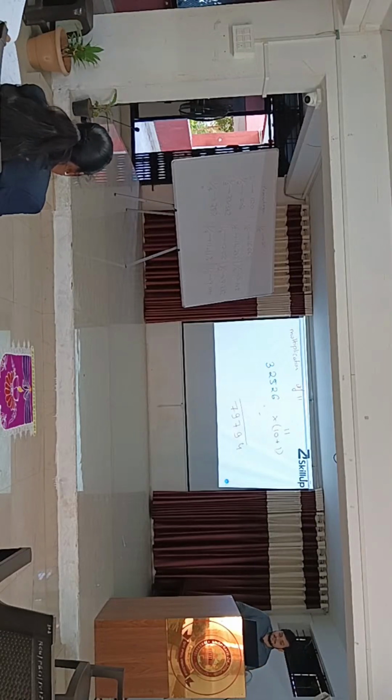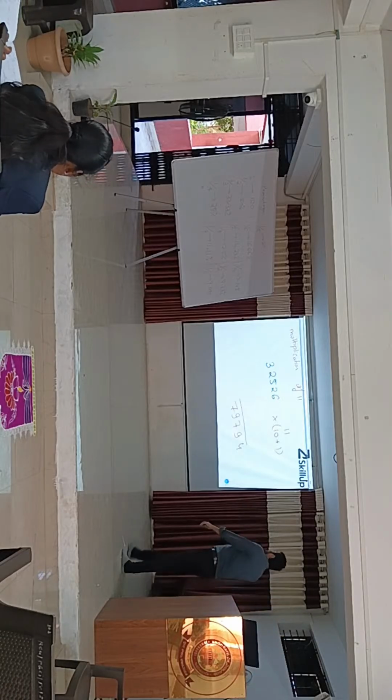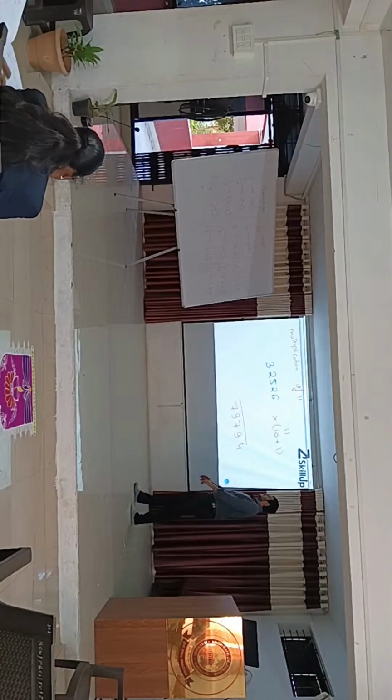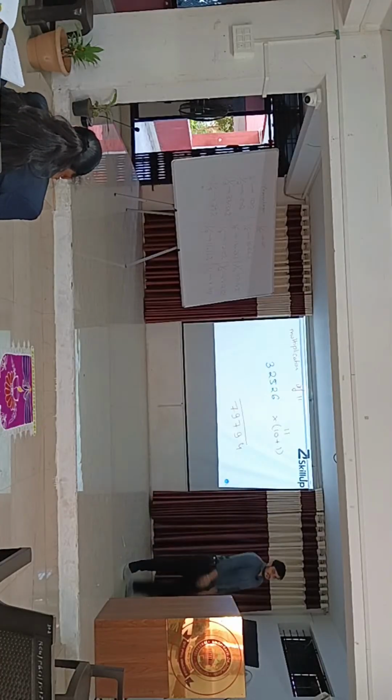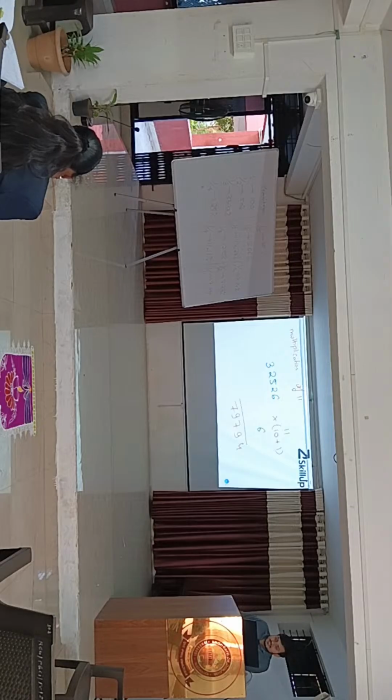Solve this. 3 5 7 7 8 6 multiplied with 11. 357786. 6, 7,